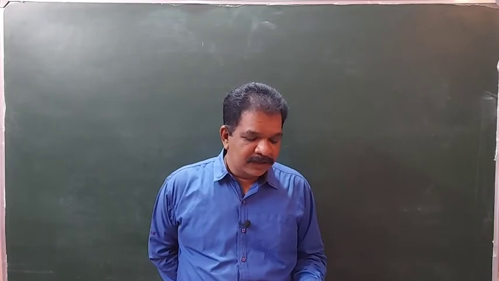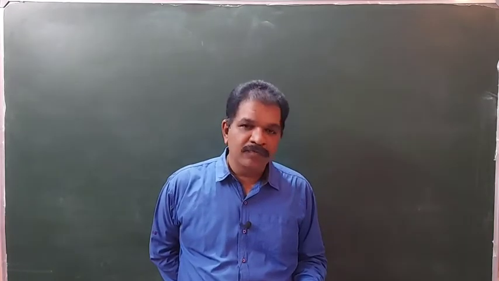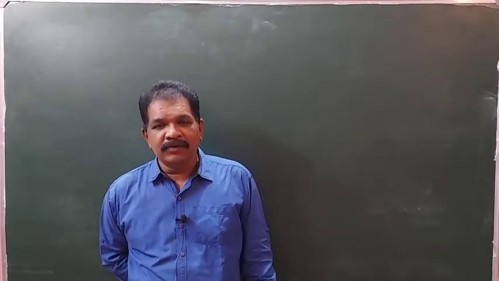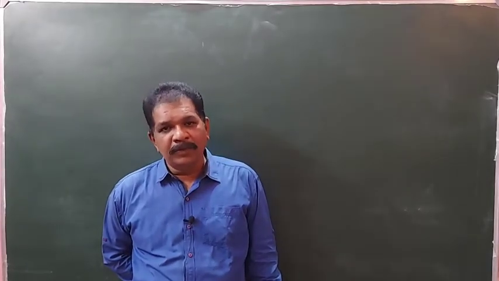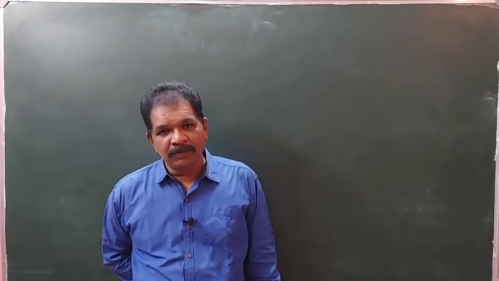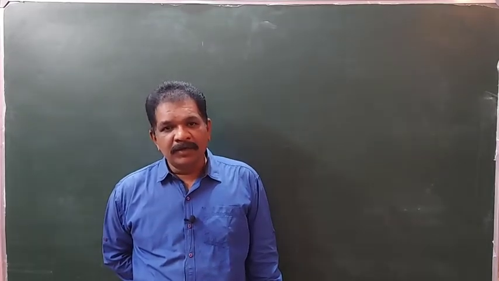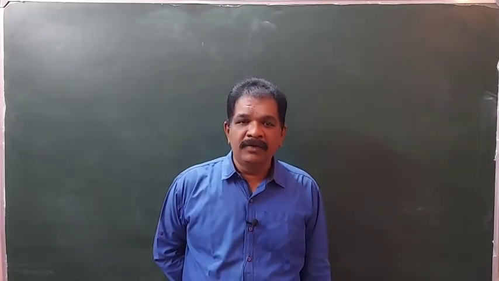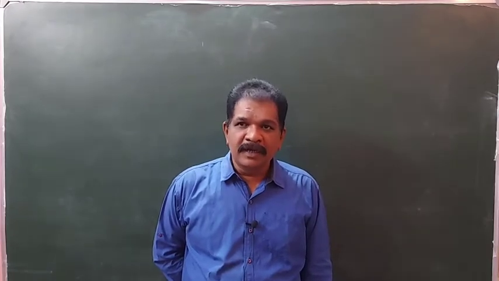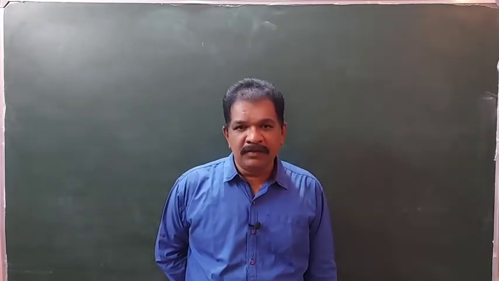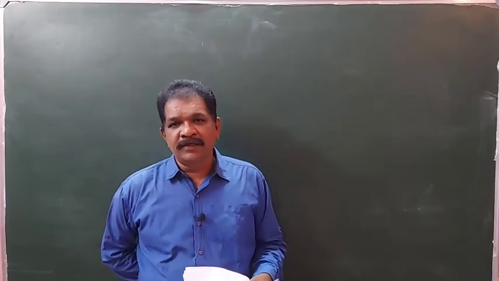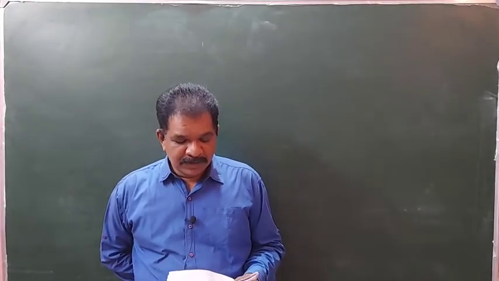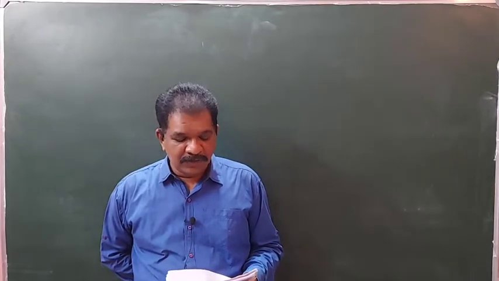When velocity changes from moment to moment, we can apply kinematic equations there. What are the kinematical equations? v is equal to u plus at, s is equal to ut plus half at square, v square minus u square is equal to 2as, sn is equal to u plus a into n minus half. These are the kinematical equations. We can use those equations when velocity is changing moment to moment. The first option is correct only.